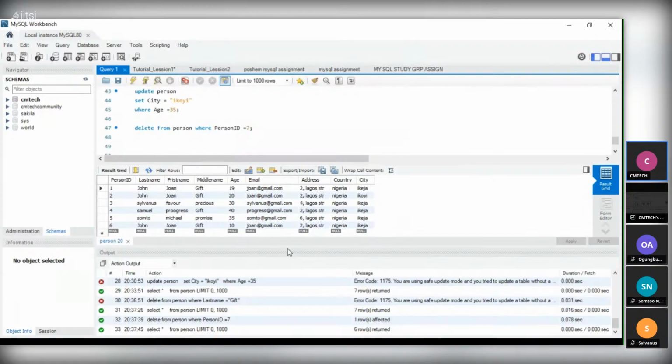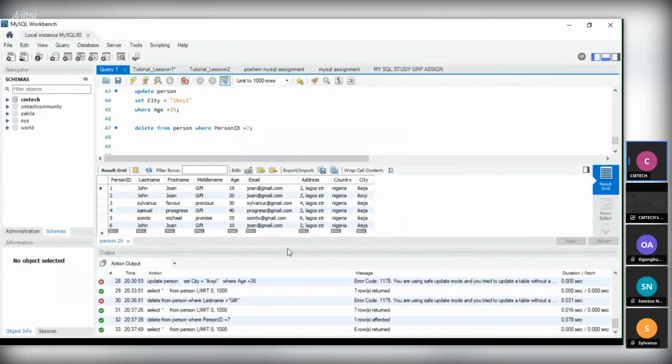This means that when I give a particular alias name in this data, and I close MySQL, or when we are done with this class and I come back to open it, it will not bear that name again. It's not a permanent name.